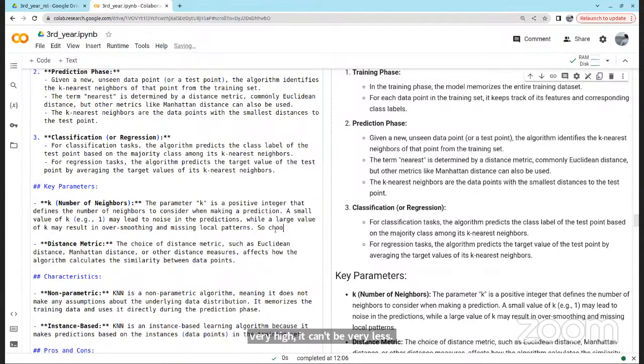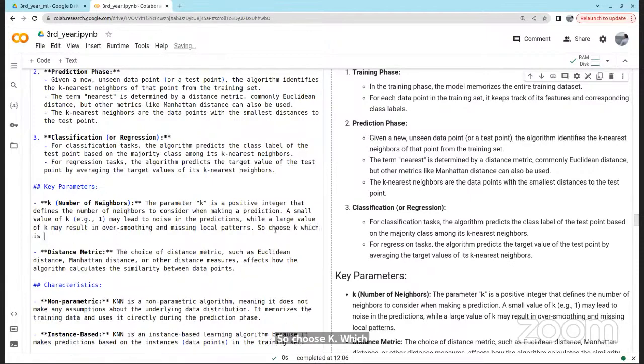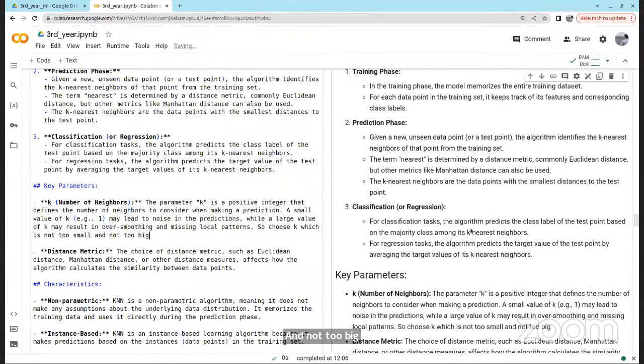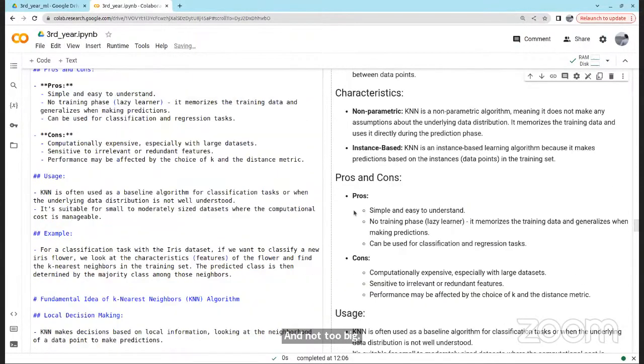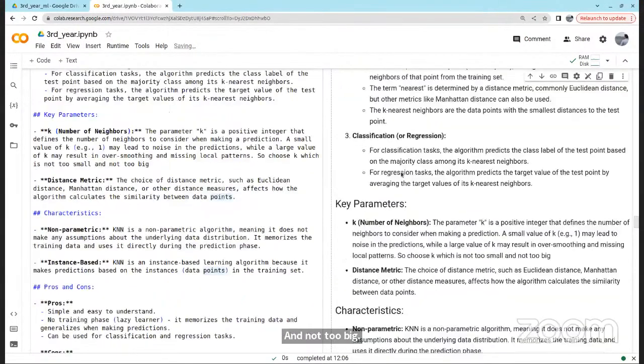So choose k which is not too small and not too big. So that is one parameter.